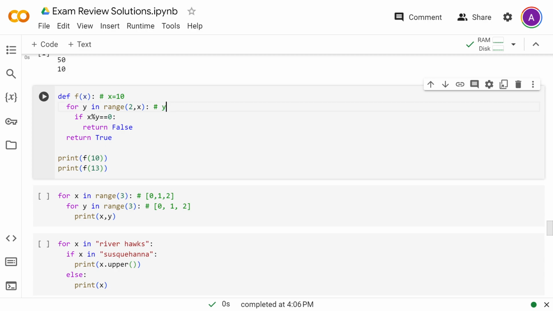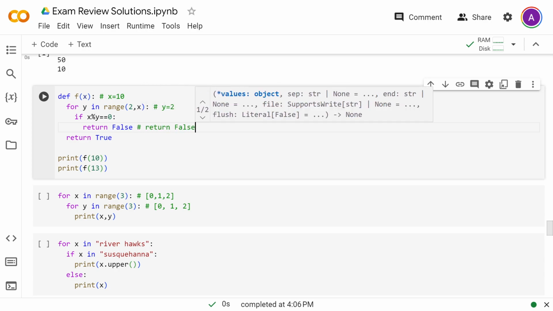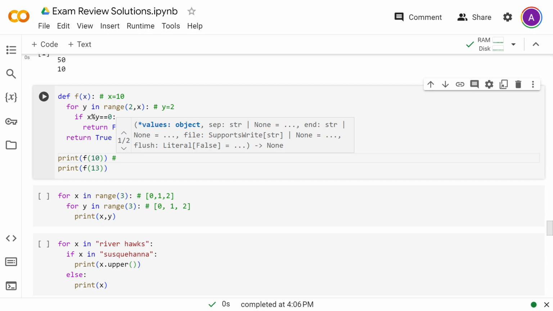So let's start off with the first value of y, which is 2. And then we're checking, is 10 divisible by 2? And yes, actually it is, so we are going to return false. Okay, so at that point, we're done with this function. We don't have to think about anything else that it does. We've returned. It's like a little escape hatch from the function, and that's just what gets printed out